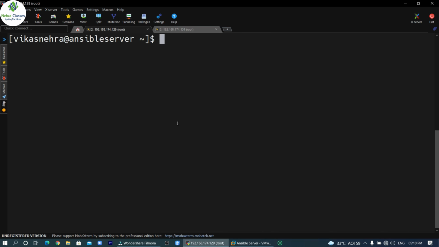Suppose I want to list all the files which are there in the home directory of the Vikas Nehra user in different nodes. So I can execute ansible my group. After that I will mention -m, and there I will write shell, and I'll use -a for the argument, and in the argument I will write ls -al. It will list all the files including the hidden files, and after that I can mention the name of the user.